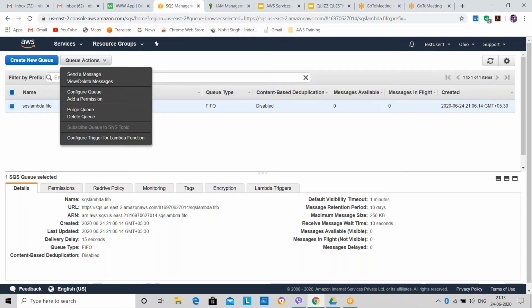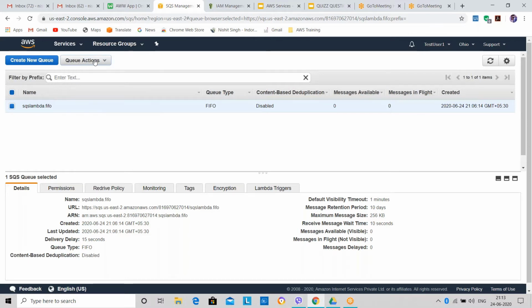Okay, I'll tell you something about Lambda. Lambda is a serverless compute service which AWS provides us. You can write your own code and run it, execute it, with any of the services with the help of Lambda. So how can you use SQS?